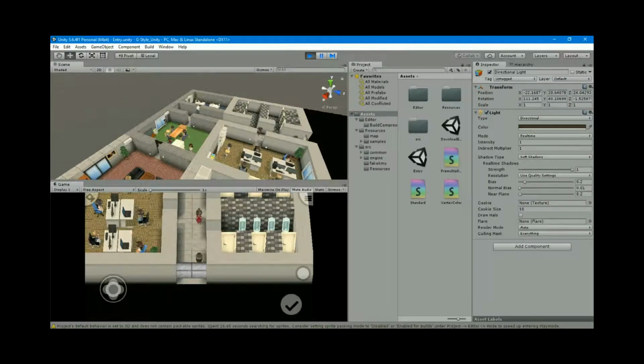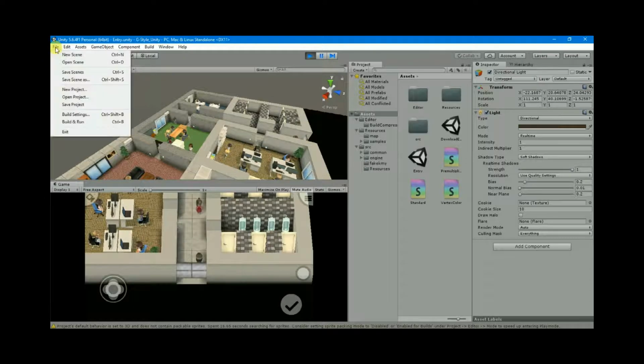Now, as I said in the beginning, I'm not going into detail here. I'll save that for later tutorials, because the purpose of this is to show how to export the game. So back on topic, you can either press Ctrl-Shift-B or go into File and the build settings,